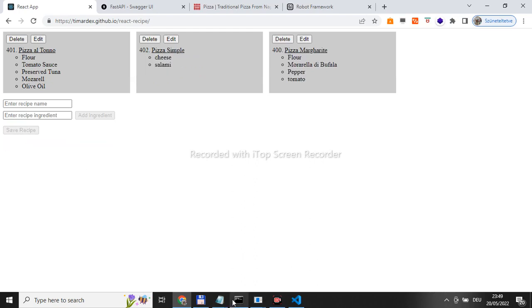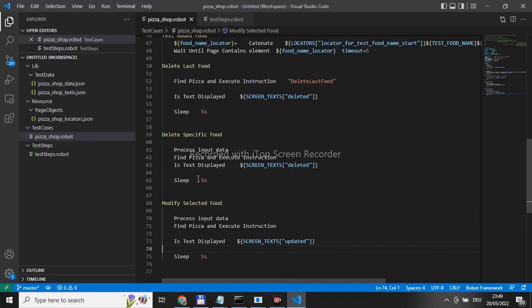So in the source code, I search for the text "updated" when I execute an ingredient modification operation. If I do not find the text "updated" on the screen after a short time, then the test fails, because that should be there. So at every test,